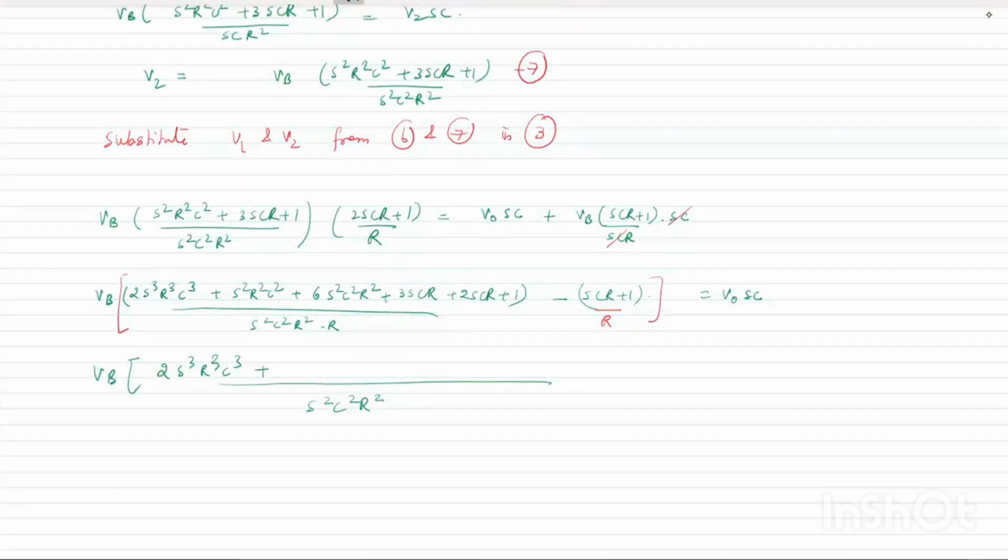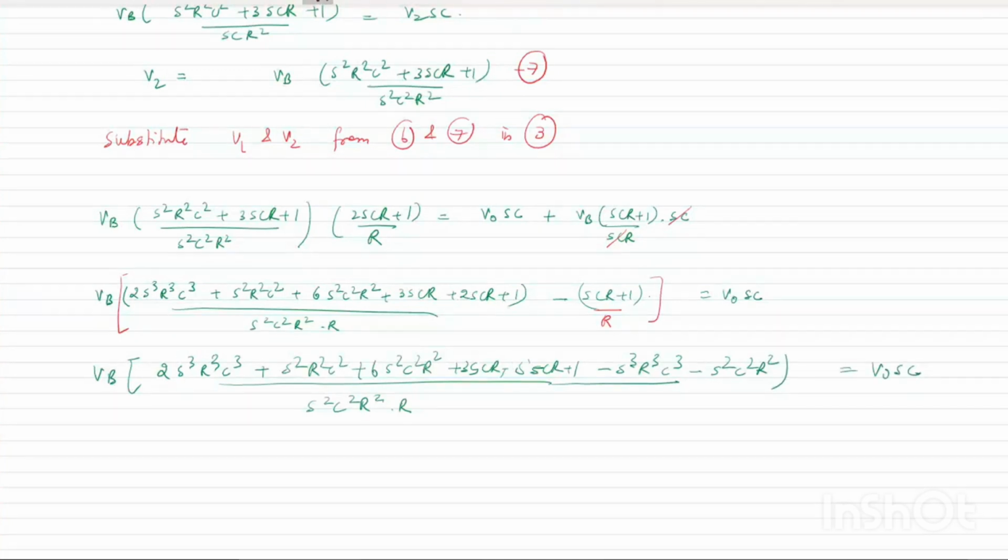कुछ गड़बड़, हाँ राइट, R is also there. This is LCM. So when you take this LCM, this minus term के साथ क्या आ जाएगा एक्स्ट्रा, when you have to multiply, ये सम तो ऊपर रहेगा ही, S square R square C square plus 6 S square C square R square plus 3 SCR plus 5 SCR plus 1